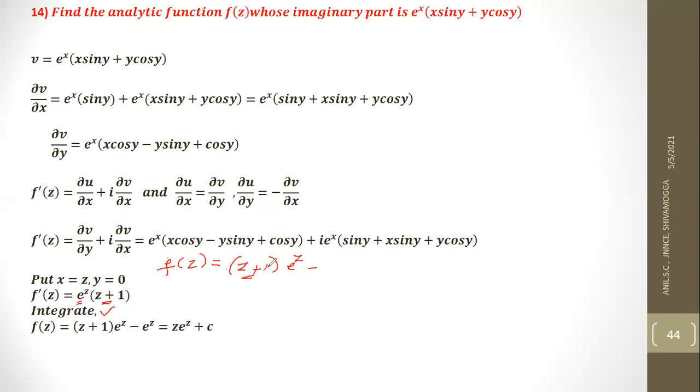Differentiate this. Derivative of z plus 1 with respect to z is 1, and integral of e power z is e power z itself. Further expansion is not allowed because this 1 is a constant, and its derivative in the next term will be 0. So stop here. This is equal to, e power z is common in both the terms. So take e power z as common factor. As e power z comes outside, what you get within the brackets is z plus 1, and here minus 1. Therefore, cancel this plus 1 with this minus 1: z into e power z plus an integral constant.